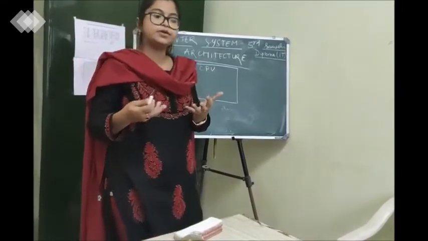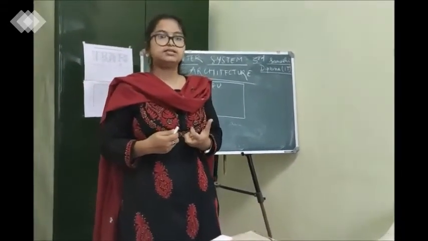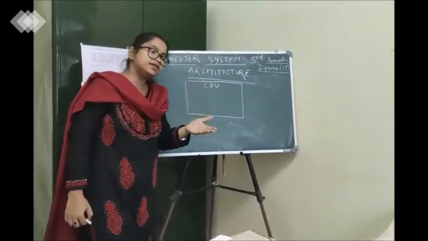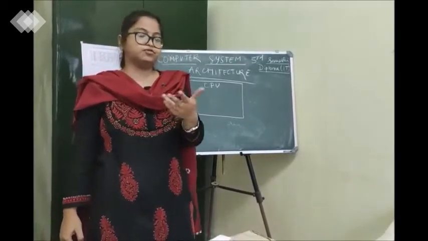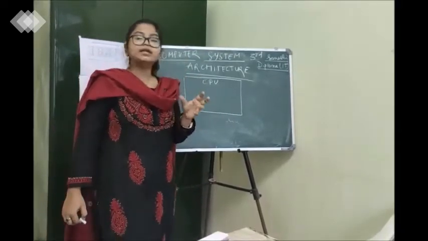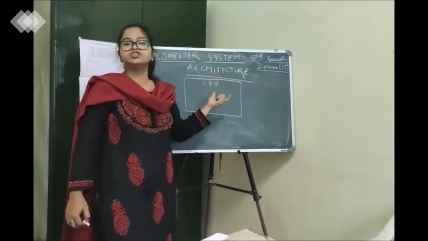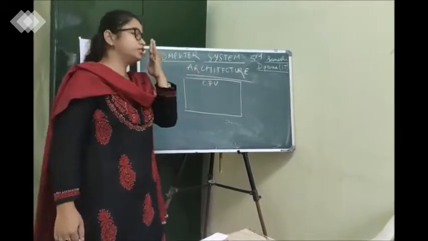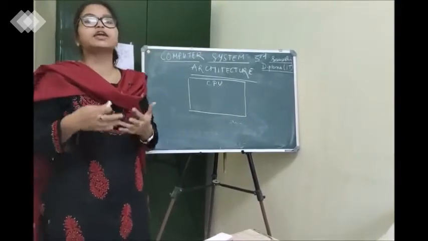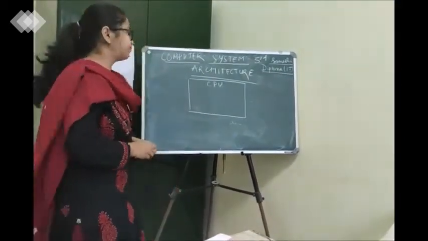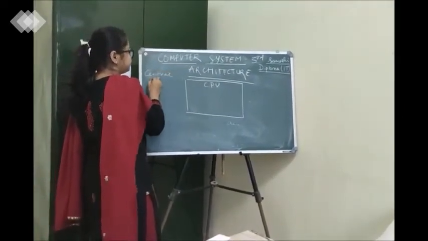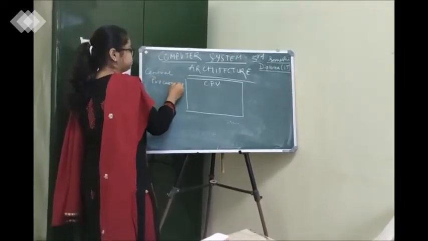So we can say CPU is the heart of the computer, because without CPU we cannot do any functioning. You can give any other analogy, you may also say it is the brain of the computer. But what I mean to say is it is one of the very essential components in a computer system. Without CPU, processing is not possible, and without processing we cannot obtain an output. So CPU is the central processing unit.